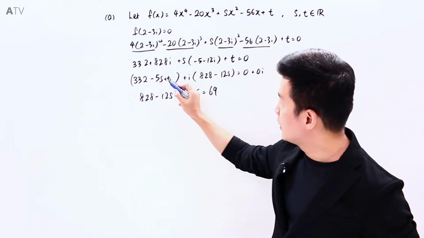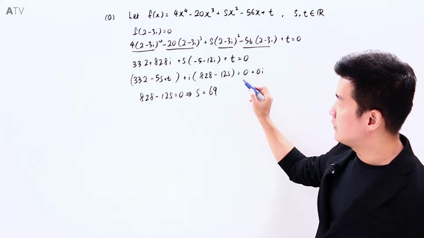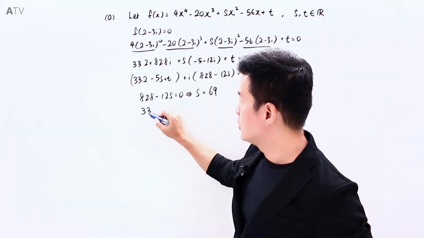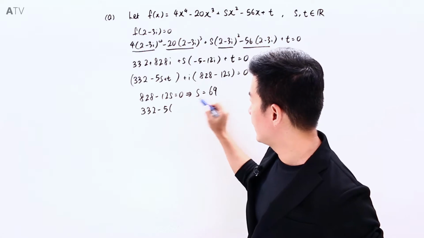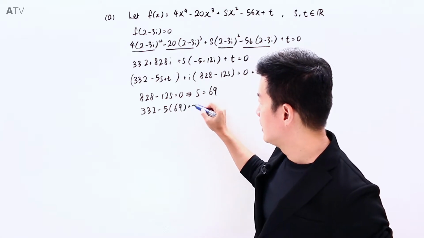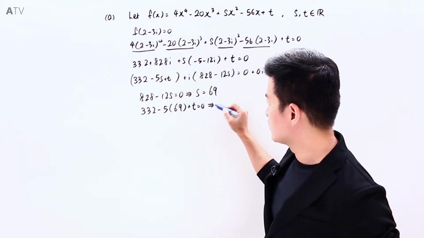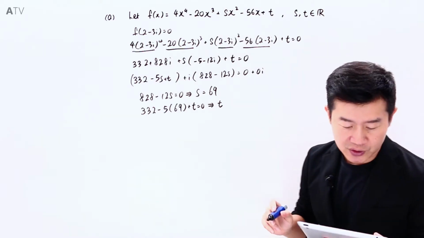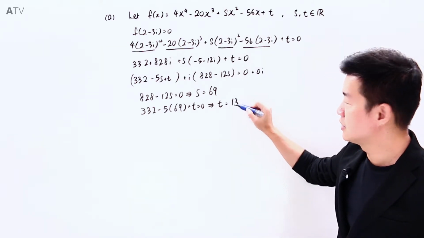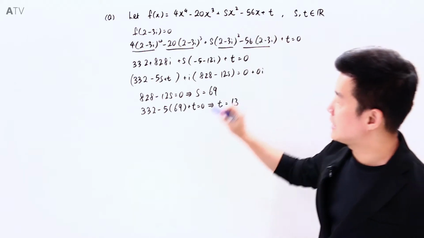And if I were to match the real part to the real part for both the left and right hand side, we will have 332 minus 5s. S is 69, plus t is equal to 0. This will help us to work out a value for t. T is equal to 13, which means that f(x)